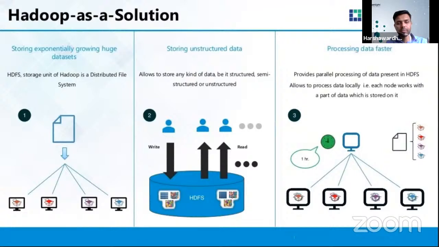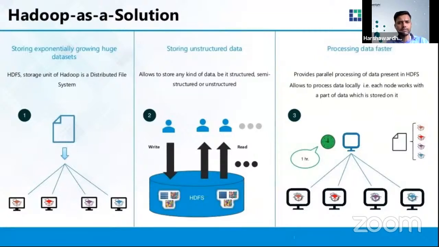Now, what kind of data can it store? Again, there are a lot of options. You can store structured data. Structured data means what is there in traditional database management systems, right? Tabulated data, columns and rows and keys and everything. That is structured data. Semi-structured data, kind of XML files or HTML, not structured but not unstructured as well. And totally unstructured data. You can take the example of images, videos, which Shivam talked about, and some other file formats which are totally unstructured. We just cannot open and read the data, something like that.